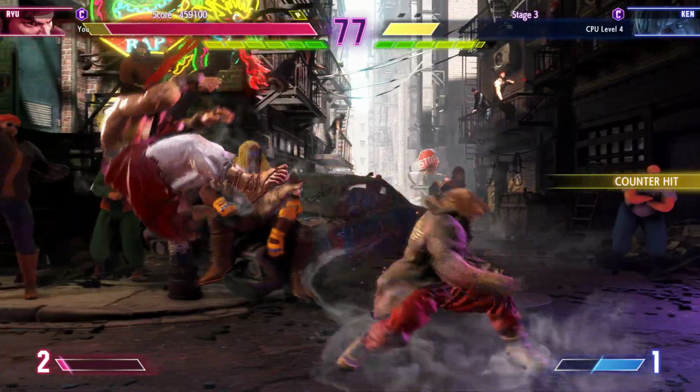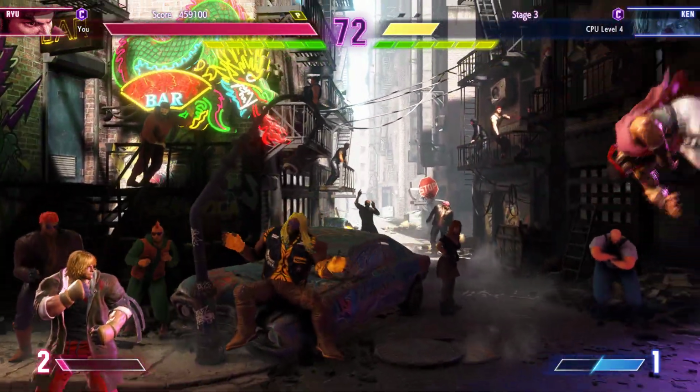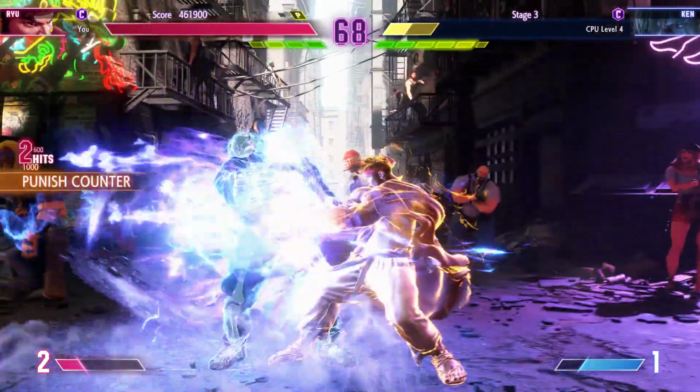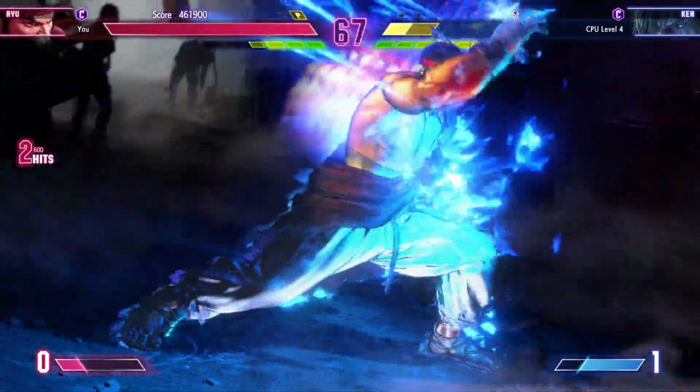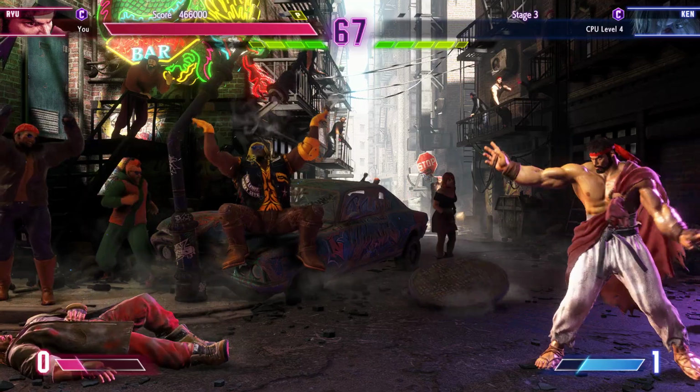You've got to be mindful of reach and jump-ins at this range. Doing some quick planning? Medium kick. This Shin Hashogeki is gonna sting. Wraps it up with a decisive combo. That's what happens when you...